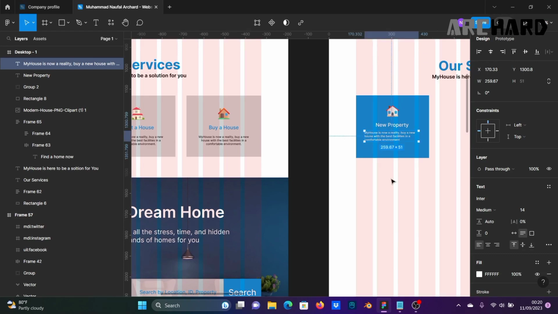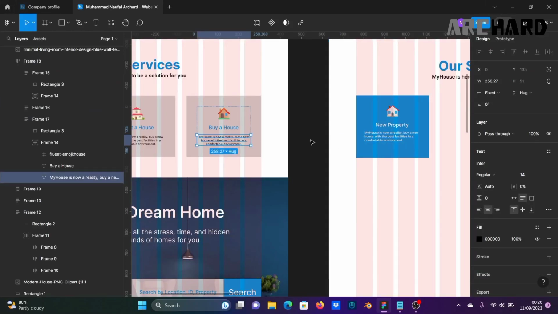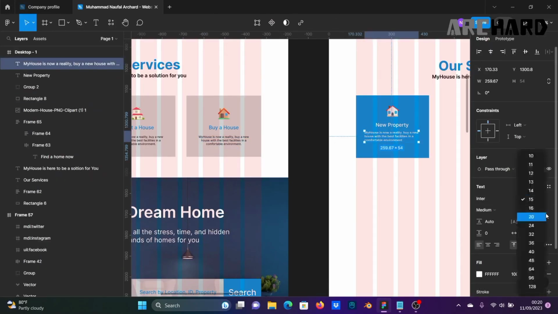Okay, like this. Okay, 15 maybe. Oh, 14. Yes, 14. Like this. And change to align center